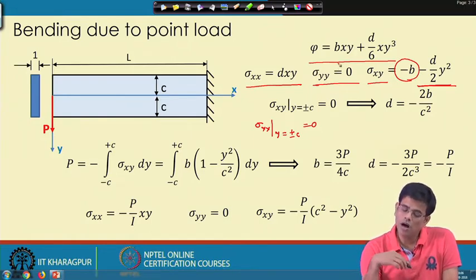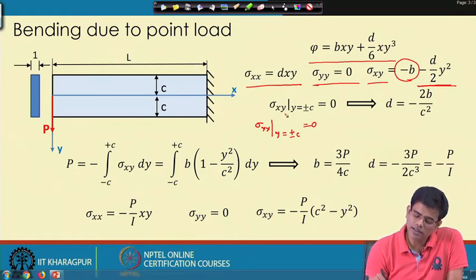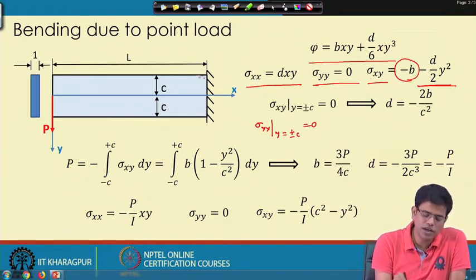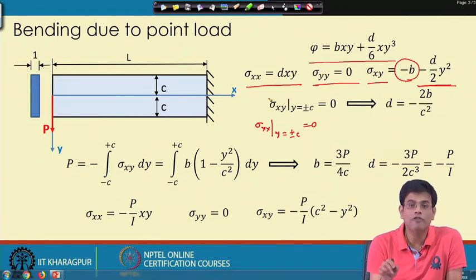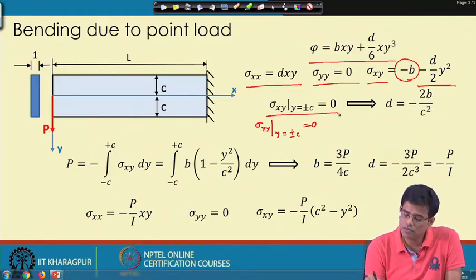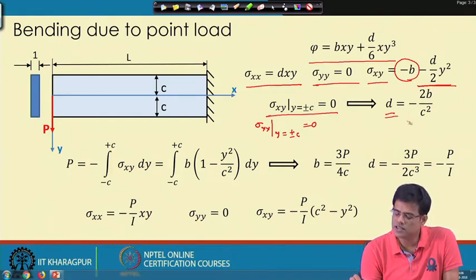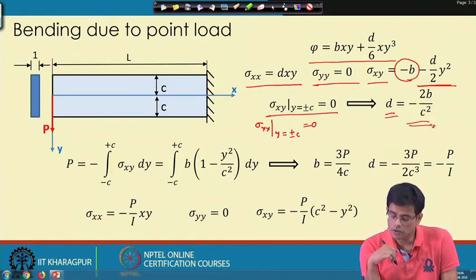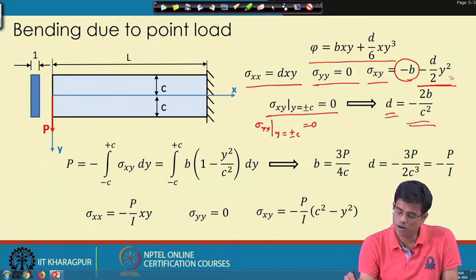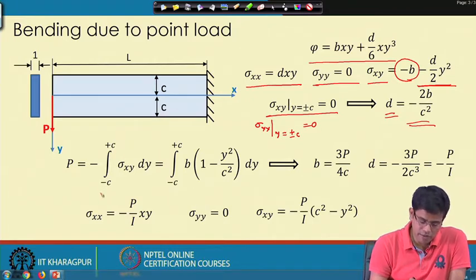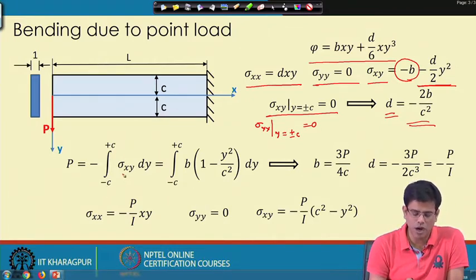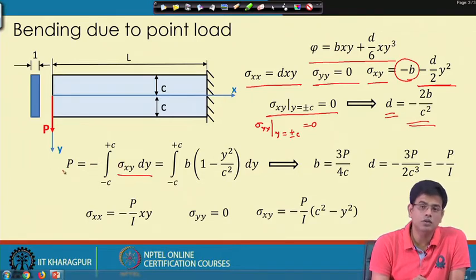So, now by the other condition, that sigma xy, that is, there is no shearing force at the top and bottom layer, bottom fiber of the beam. So, this gives us D is essentially minus 2B by c square. So, you substitute y equals to c and then equate it to 0. Now, the third condition, that is the integral from minus c to plus c of sigma xy dy, which is equal to the resultant